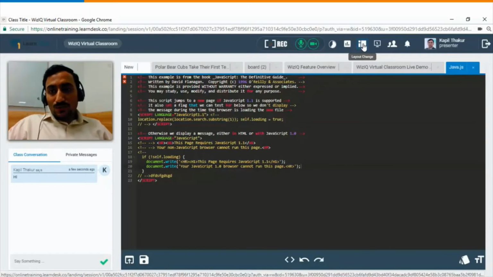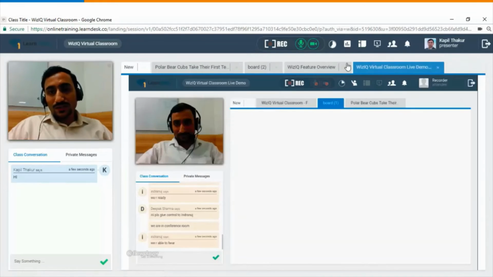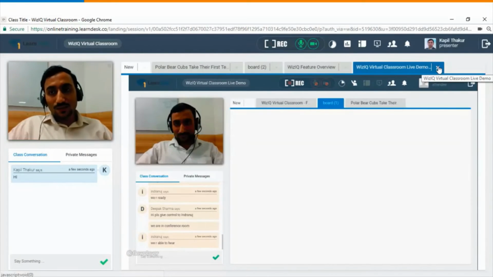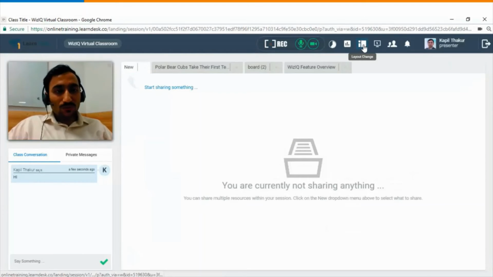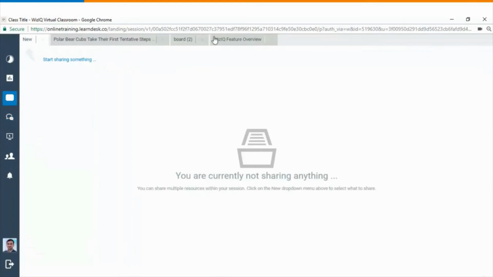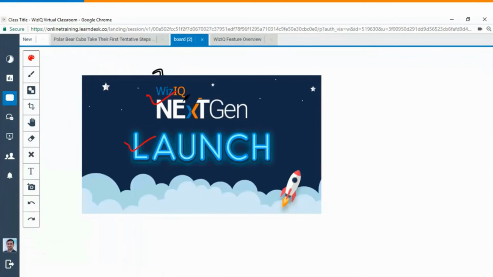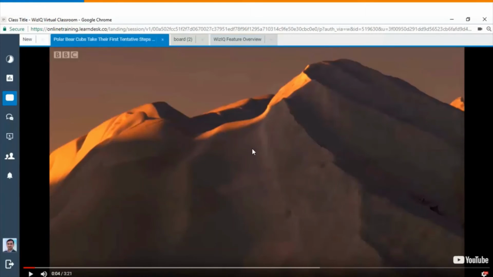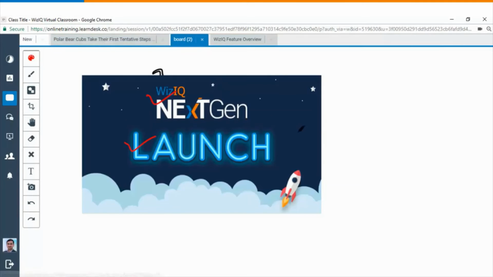The next option here is the layout change. The present layout which we are using in this particular screen is what we are calling the classic layout, but we also have an option wherein you can completely transform this layout and change it to a full screen workspace. Doesn't matter whether you are using a whiteboard or a presentation or a video, each one of your components used within the workspace area will now be played in